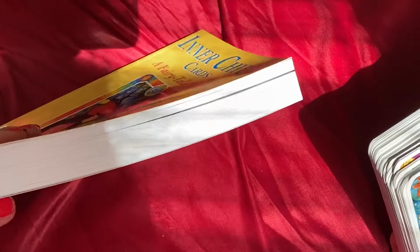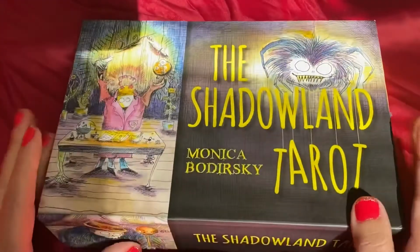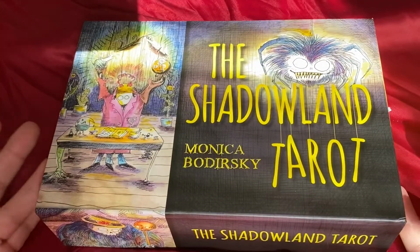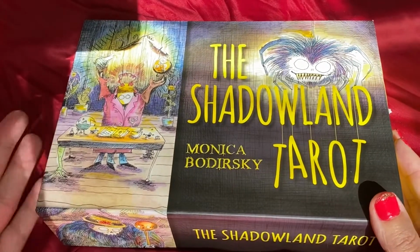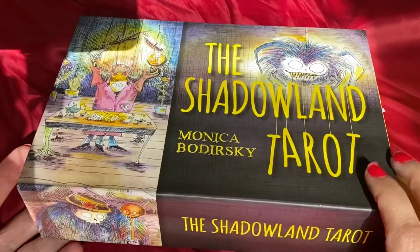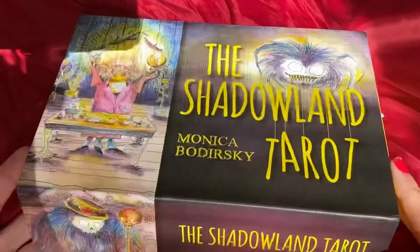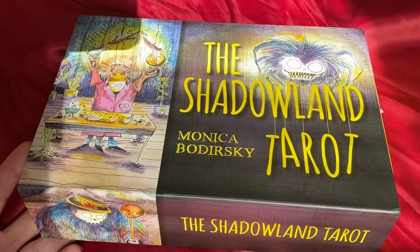And everyone knows this chunky. This finally came. And I was going to get this for my son, but I was like, Shadowland. And then I started reading up on it more, and it's a complete shadow work deck, to work with shadow work. And I have a lot of black and white decks, like the Light and Shadow Tarot. It's black and white. And I don't know why I think black and white decks are shadow work, but